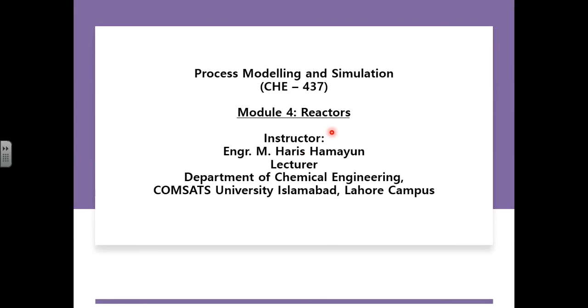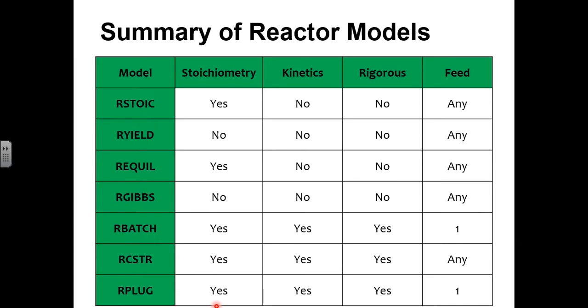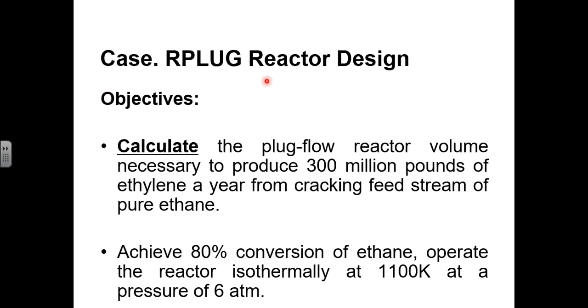And the module which we are covering these days is related to the reactors. In this plug flow reactor, we have to definitely specify the stoichiometry. We have to define the kinetics. This is a rigorous model, but we can define a maximum of one feed in it. So this activity is linked with CLO number 1, CLO number 2 and CLO number 4, just like the CSTR